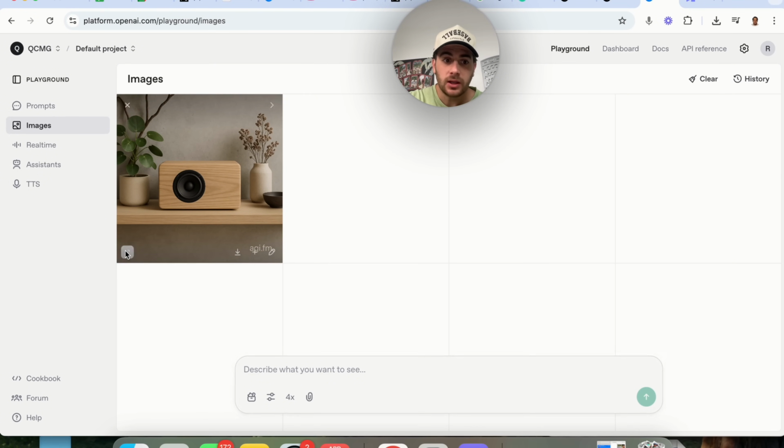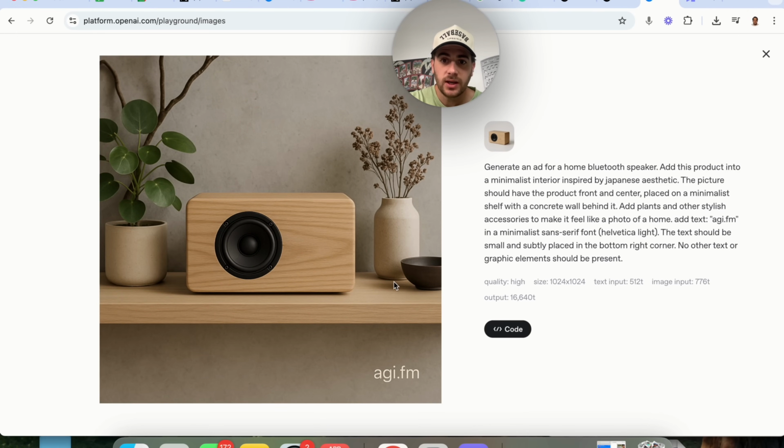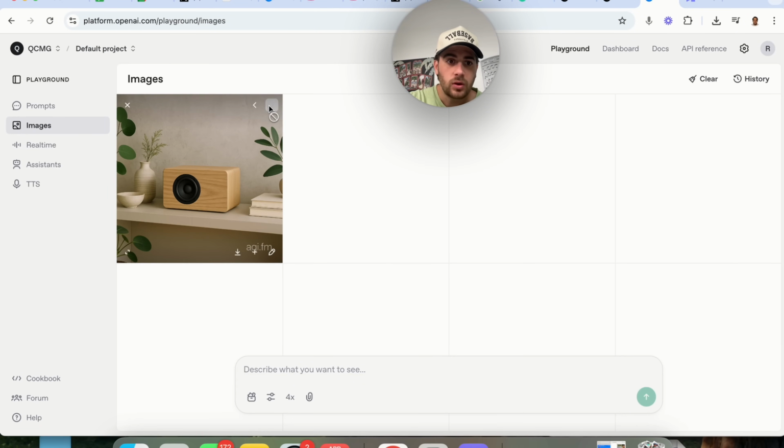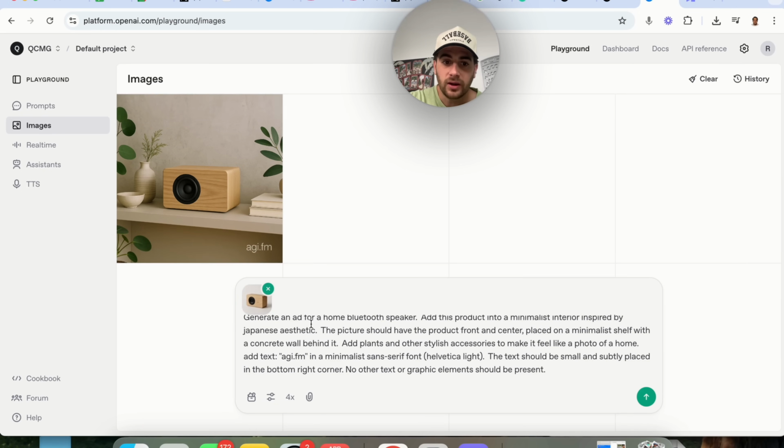We will be able to click in here. We can make this full screen right here, and we will be able to see all of the different options that it gave. Otherwise, if we come over here, we could scroll through all these different options of image ads that were created. We could click on here in order to edit the prompt. We could click on here to add to the prompt, which is literally going to take the exact image and then be able to add to it,